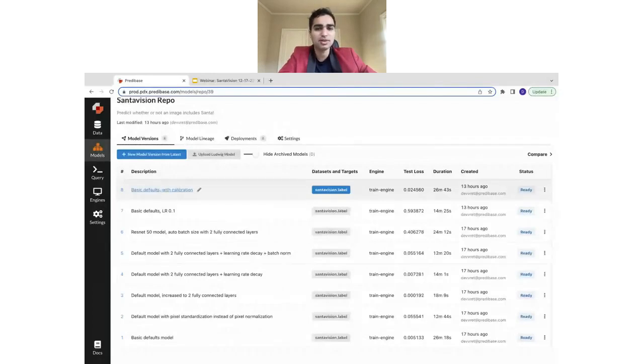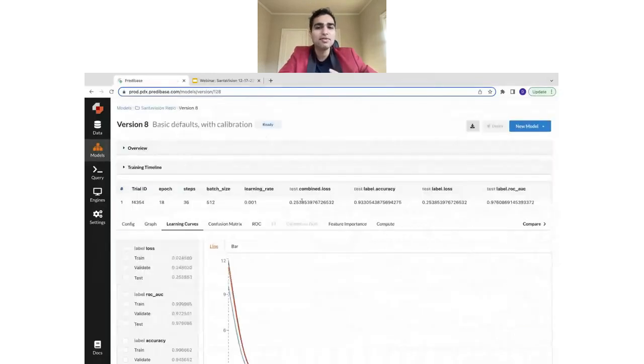Well, there's a few different ways that you can think about that. The first is if you want to run this locally, you can just export it out in the format that you think makes the most sense. So we support a number of different export formats directly. If you want to deploy that model, you can deploy it to a REST endpoint in one click. And I haven't deployed this particular model, but I will show you what that looks like as a user journey very briefly